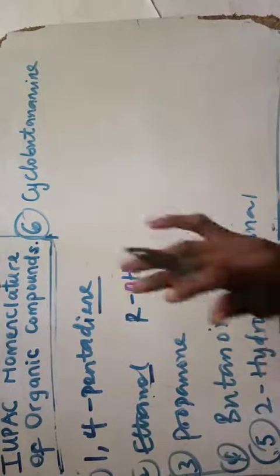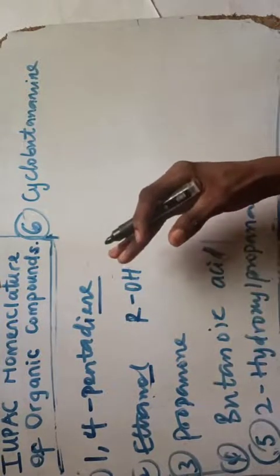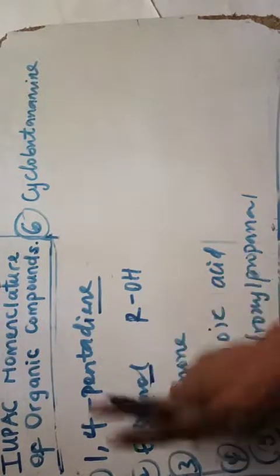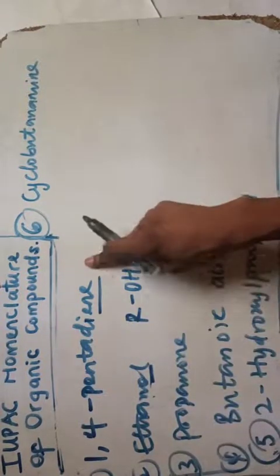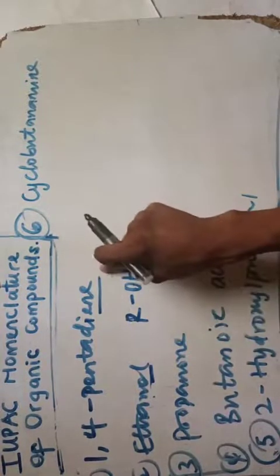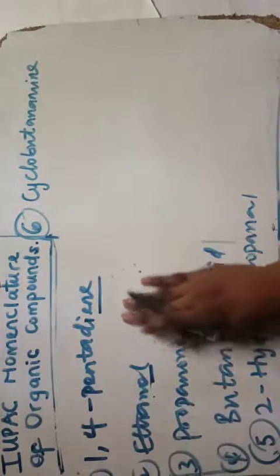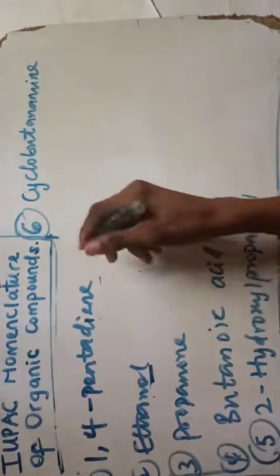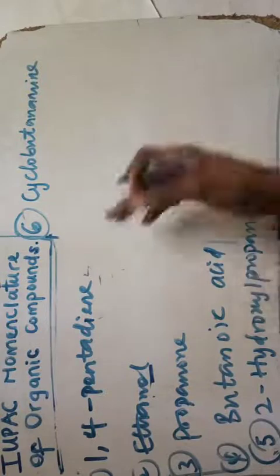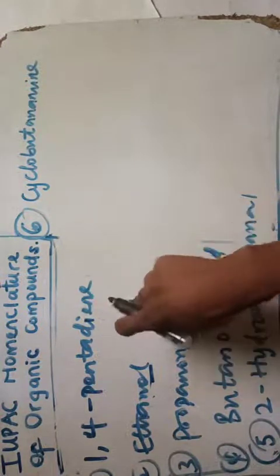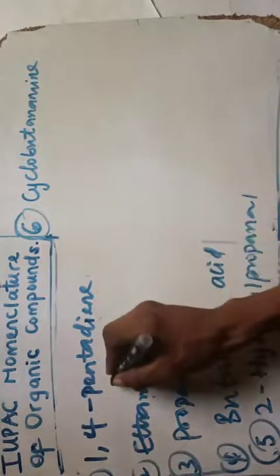Now in naming a compound, you find the longest chain. Once you get the longest chain, you want to name it from that general molecular formula to names like this. But if you want to reverse it, from here you want to write the general molecular formula, you need to know the functional group. So the functional group here is ene, that is the double bond. The next thing attached to it is the series that carries the functional group, the length of the carbon. So this is penta.